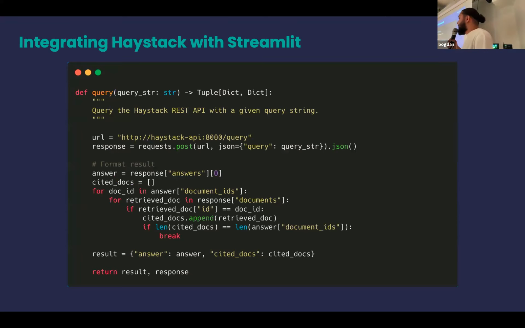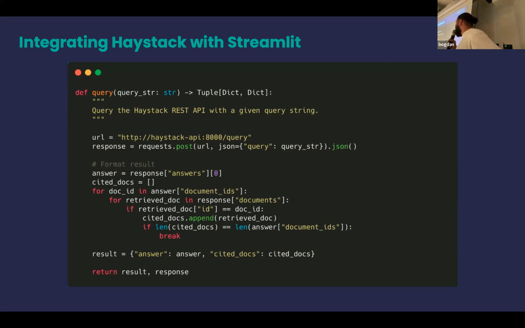And now we don't only want to have a REST API running somewhere, but we also want to have a nice user interface so that users can directly interact with our Haystack search application. This is where Streamlit comes in handy, because it allows you to quickly build nice graphical user interfaces for machine learning applications.